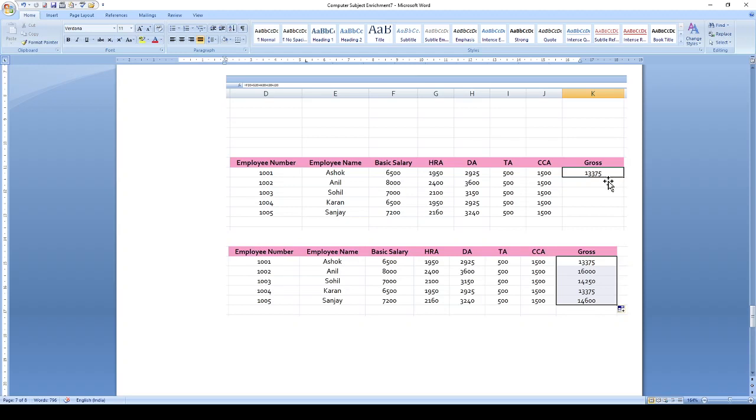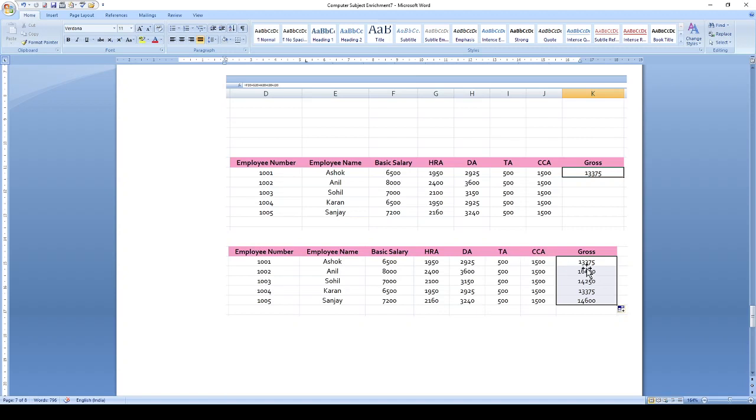And again, you drag using the autofill handle to generate all the gross salaries. It will be copying the formula with the respective cell references for Anil's basic, HRA, DA, TA, CCA, for Sohail's basic, HRA, DA, TA, CCA, and for all.